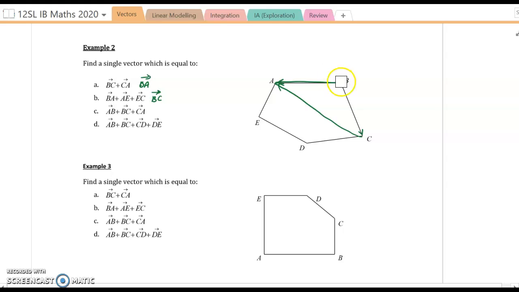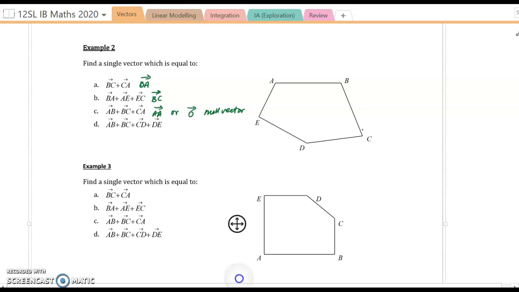Now for the next one, we've got AB to BC and then to CA. So we've essentially gone from A back to A. That's an answer, or you can write the null vector 0. So that is the null vector. It hasn't really gone anywhere, but it's still a vector. And the answer to the last one, AB plus BC plus CD plus DE, will end up as from A to E as that vector. Okay? Example 3, I'm quite confident you can do